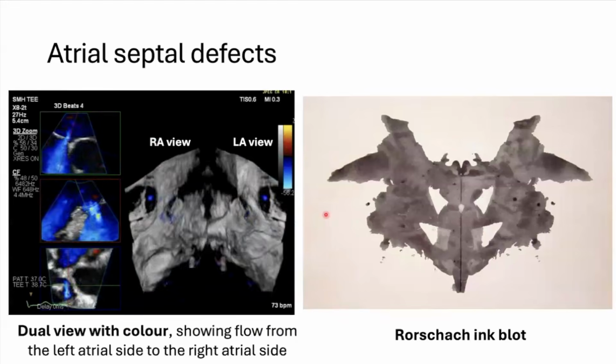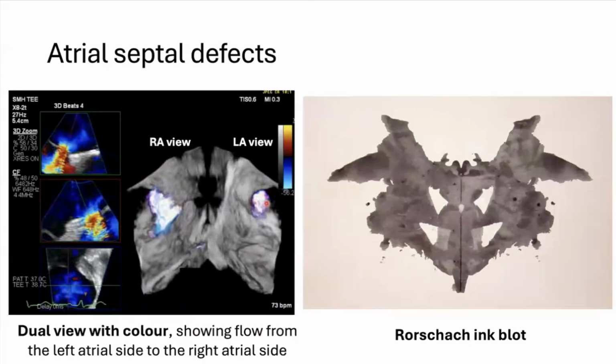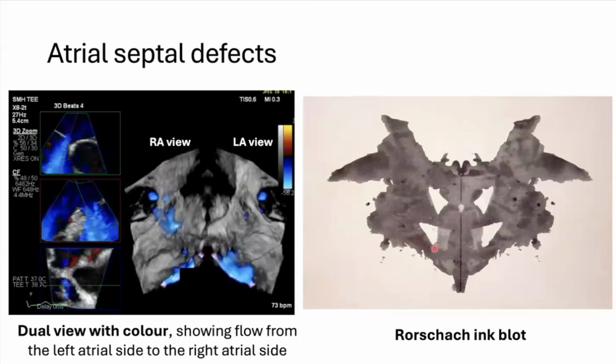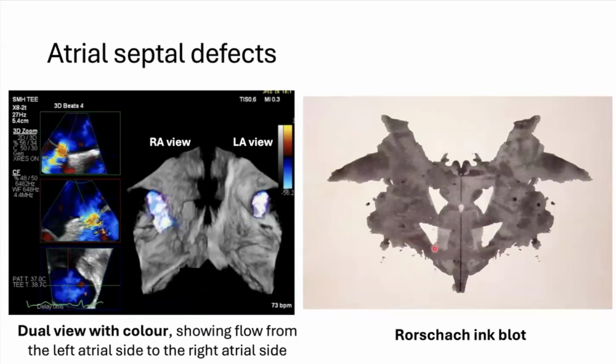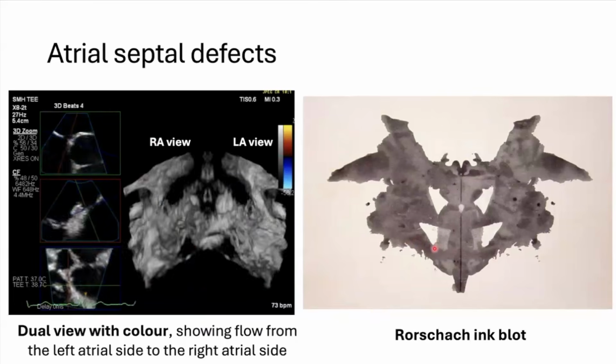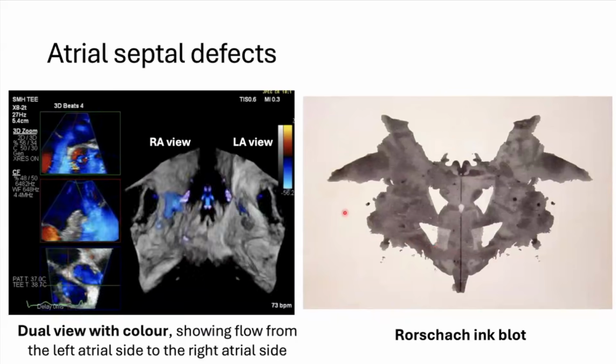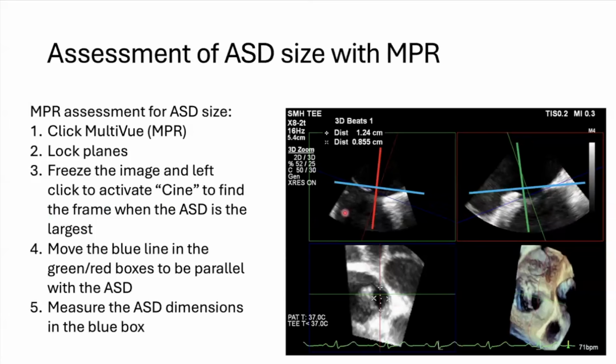And then you can apply color here on the dual view, and we can see color moving away from the left atrium into the right atrium. These produce these Rorschach ink blot looking images, which make me contemplate where I'm at right now. But again, I don't find this too helpful, but what ends up being helpful is the multiplanar reconstruction to